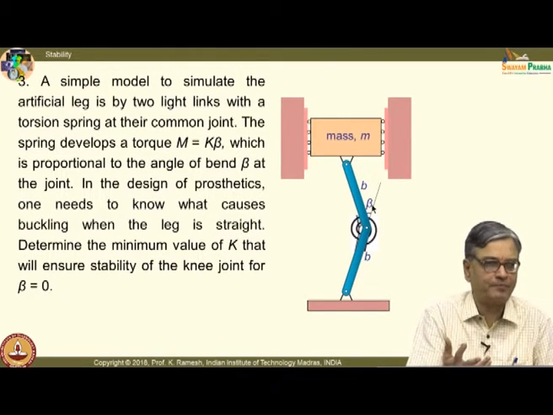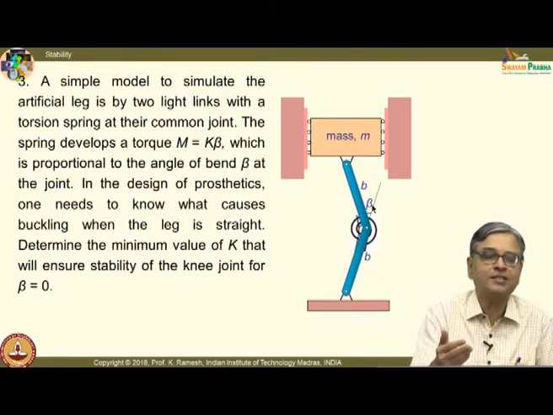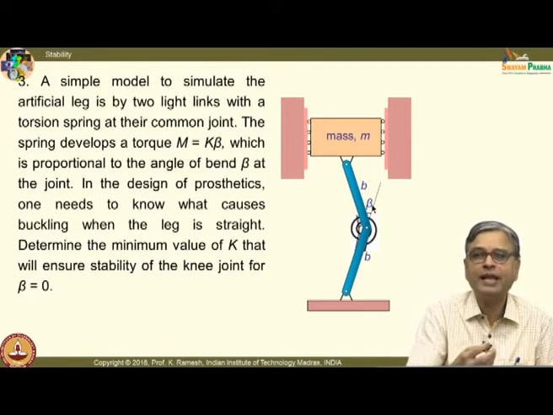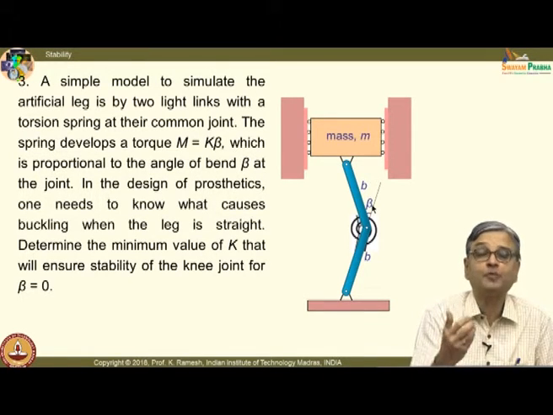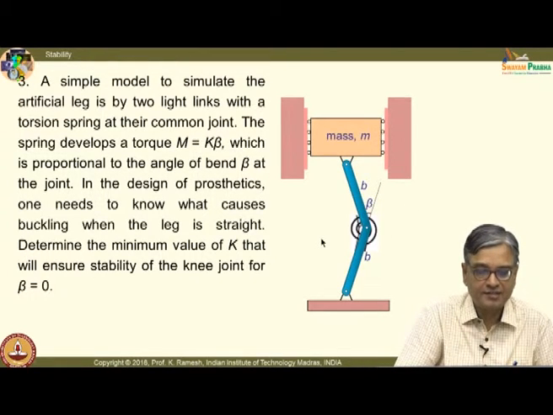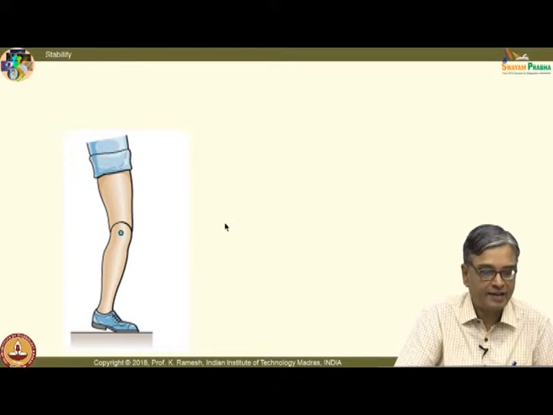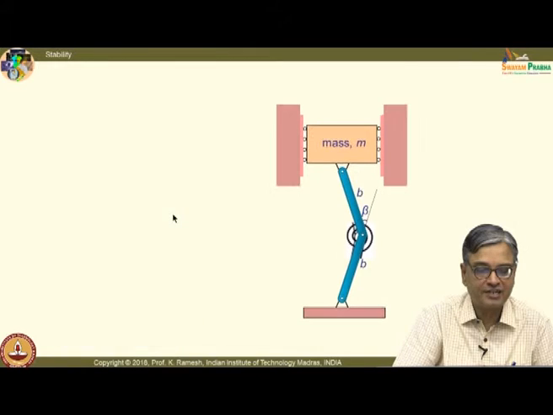See, that is a design problem. If you put an inappropriate spring, the person with this prosthetic leg can never stand straight, he will always collapse. You need to have a minimum value, you can have a value larger than that. From a design perspective, you should know what should be the minimum value. Okay. And the next slide shows your leg, and usually we will have this shorter and this is slightly longer. Okay. So, this is a very idealized condition, that is what you have to look at.